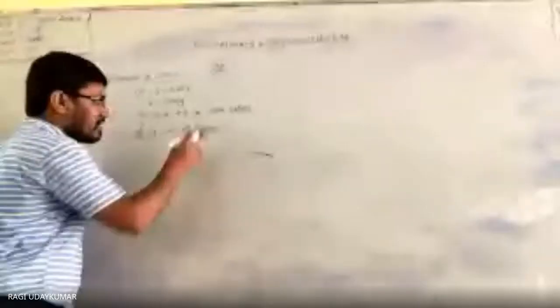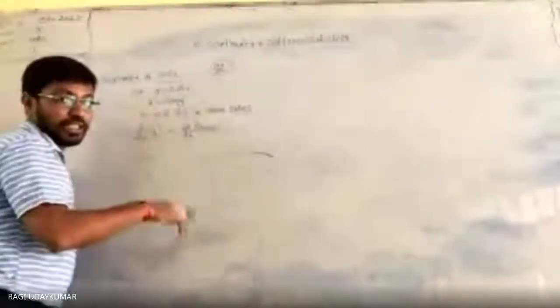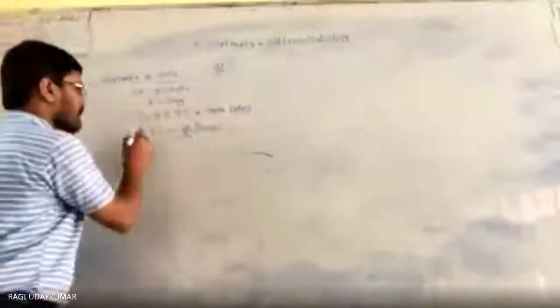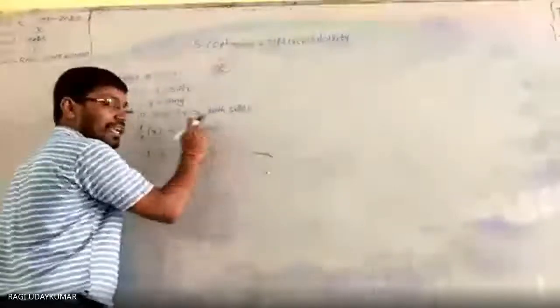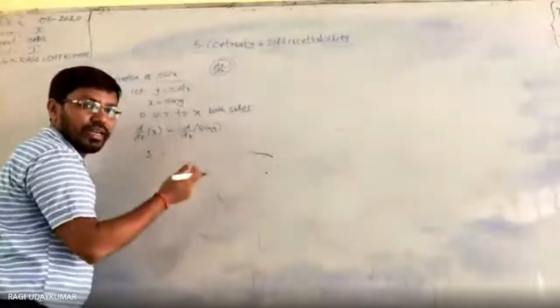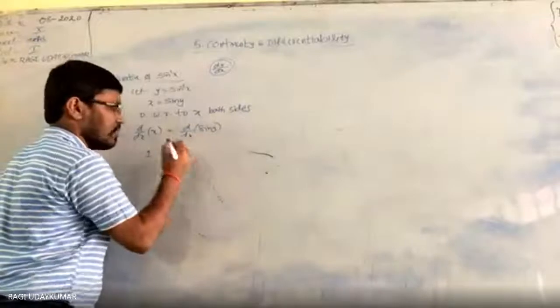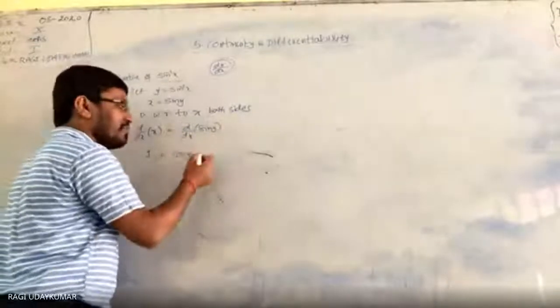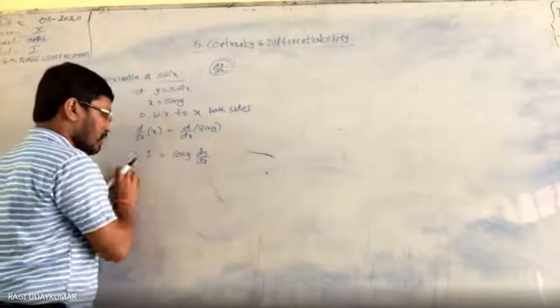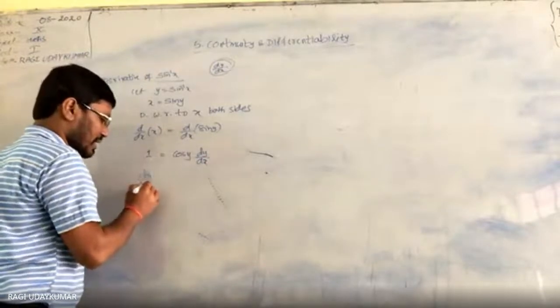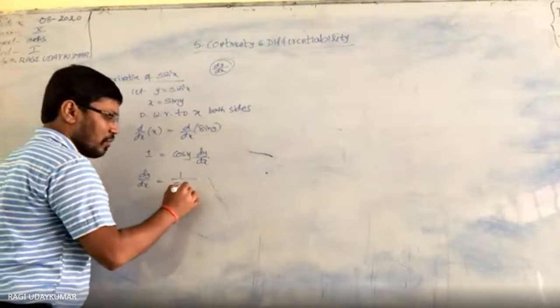As y is an implicit function, y is inside it. So d by dx of x is equal to 1. And here what to do now? Sin y का differentiation क्या है? Cos y. And again y to be differentiated with respect to x, dy by dx. And cos y you take to this side. So what you get: dy by dx is equal to 1 by cos y.